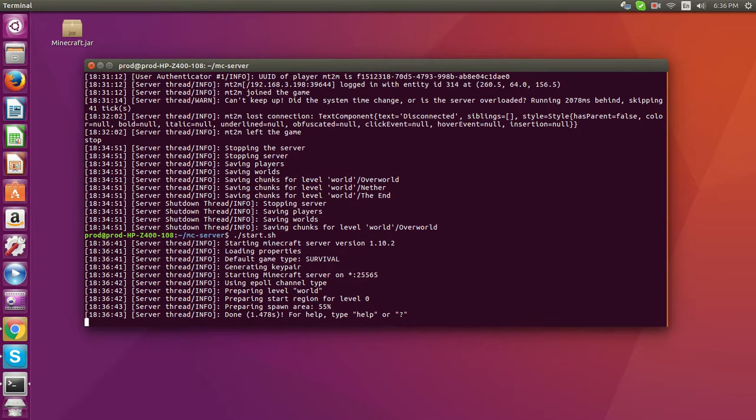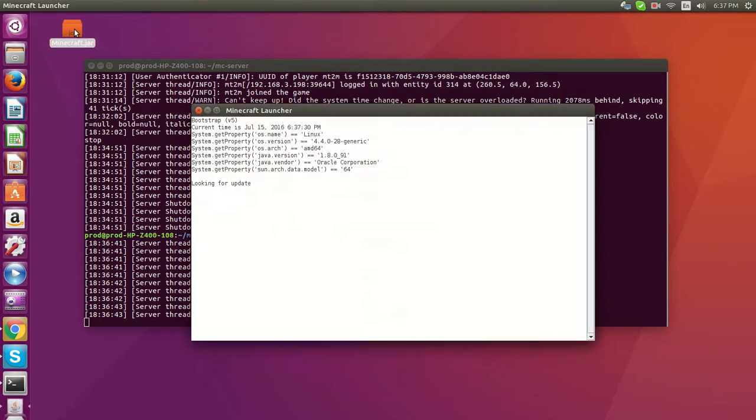So now my remote server, the .108 server on my local area network, is running. It's running my world. It's running the world from my single player game. So now when I go into Minecraft,